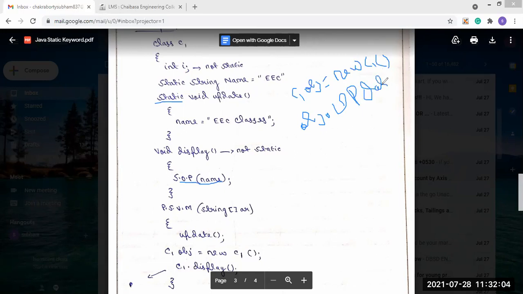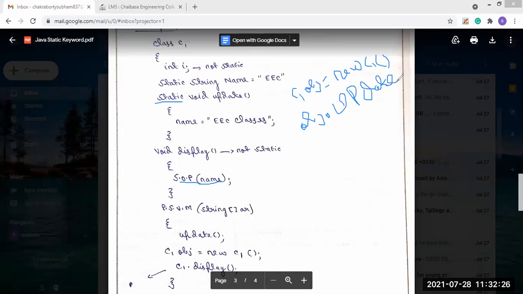This is if we didn't use the static keyword. If we didn't use the static keyword, that means we have to create the object of that class, and through the object of the class we can access the method.